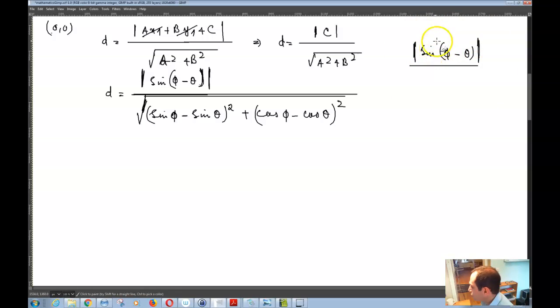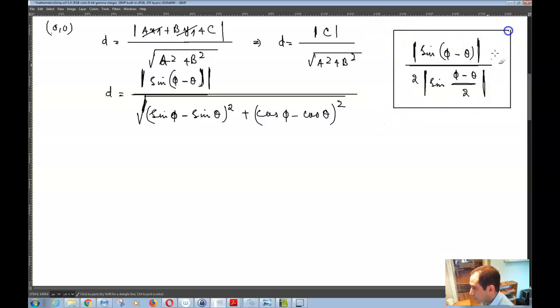So you want to write it as the absolute value of sine of (phi minus theta) over 2 times the absolute value of sine of (phi minus theta) divided by 2. This is the form that you want to get your expression in. Okay. So now you can simply expand these over here, meaning that you can write this as the absolute value of sine of (phi minus theta),